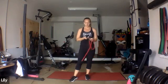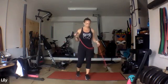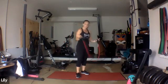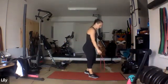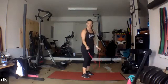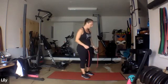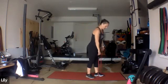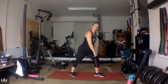We've done single arm row plenty of times, but we don't always do it with the band. So depending on your band, if you have one like mine, with the handle, the best way to do it is to still hold it with both hands, but you're going to step on the band with the hand that's not going to be doing the exercise. Okay, so I'm going to start with my right arm doing the row. So I'm going to stand on the band with my left foot,